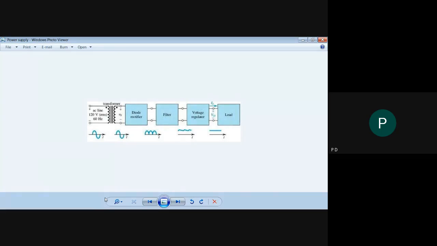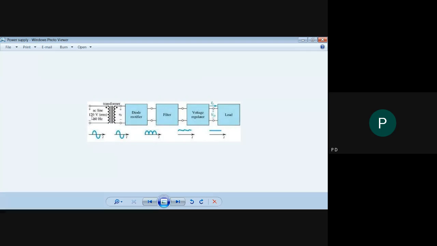Next topic is block diagram of regulated power supply. आपला next and the last unit from applied electronics has been started. In that, the very first topic is block diagram of regulated power supply. To generate the fixed DC voltage, we need to design a regulated power supply. For that, it first consists of a transformer. Generally, we prefer a step down transformer, where the output voltage is less than the input voltage.